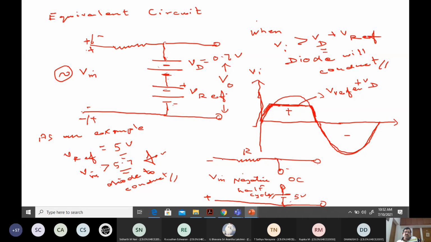My input begins to come like this, which is negative. So the anode, that is the P side, will be negative, less negative than the cathode, which will be more positive because this is 5 volt. Which means it will be under reverse bias. Now for those voltages, it will simply follow the input and you will get the signal. I want you to think through this example, whether we will get V reference plus VD, and here we will get differently. So I want you to follow this carefully with the transfer characteristic.